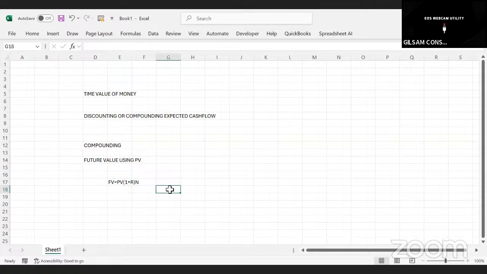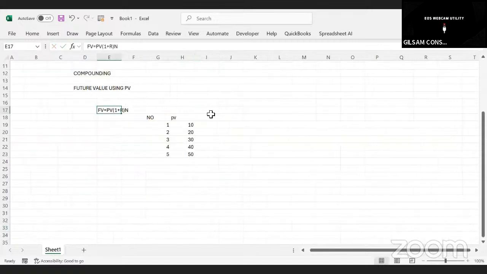So maybe the examiner will give you the number of years, which is 1, 2, 3, 4, 5, and then they will give you the present value, which we have 10, 20, 30, and then 40, 50. Then they will ask you to determine the future value, which you need to have the FVIF, which is the future value interest factor, maybe at the rate of 10%. So you have to get this one using the